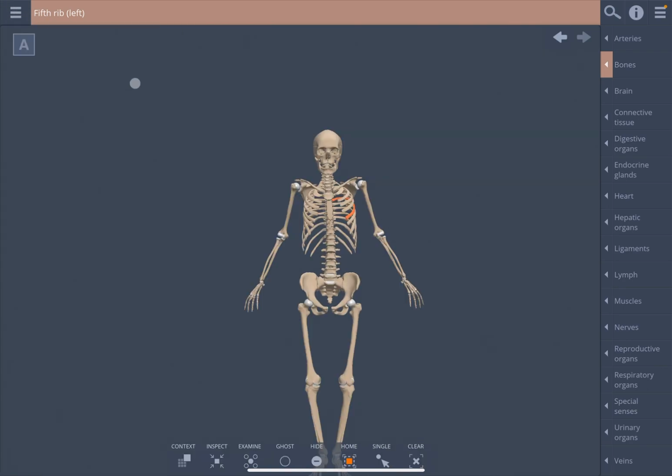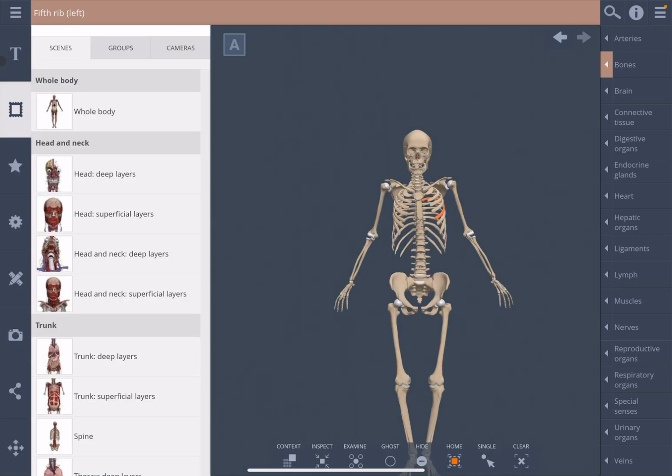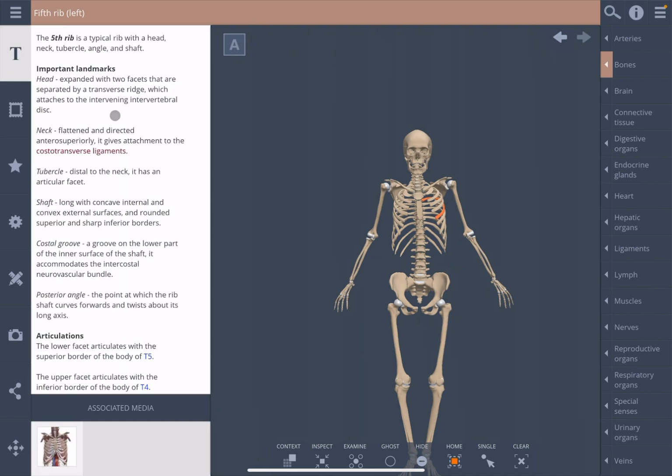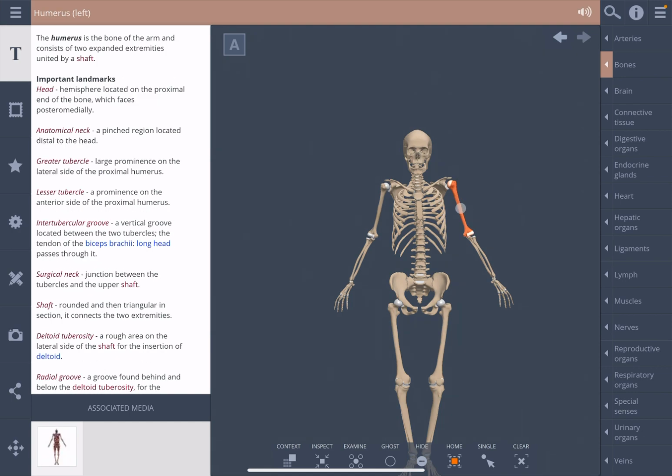To bring up the controls down the left-hand side, you can click on this little button up in the top left, and it'll bring up a whole set of other buttons that you can use. So this one with the letter T here is pretty much an informative tab for you. Any bone or muscle or item of the body that you select, it's going to give you a bunch of information on. In this case, bone. So I've selected here the humerus. It's going to tell me what this bone is. It's going to give me a little bit about it,